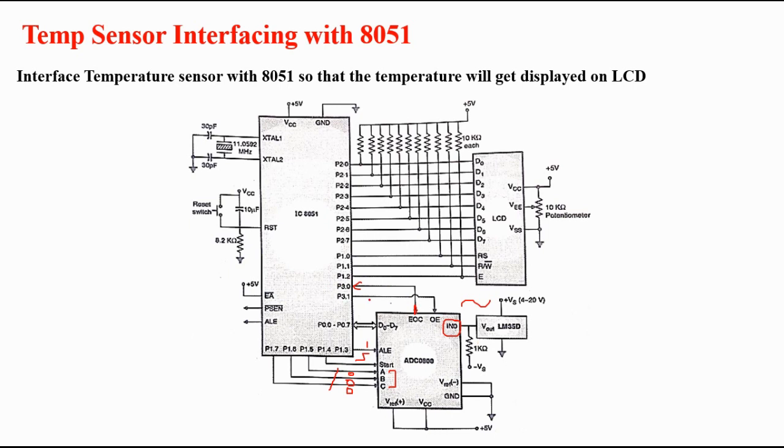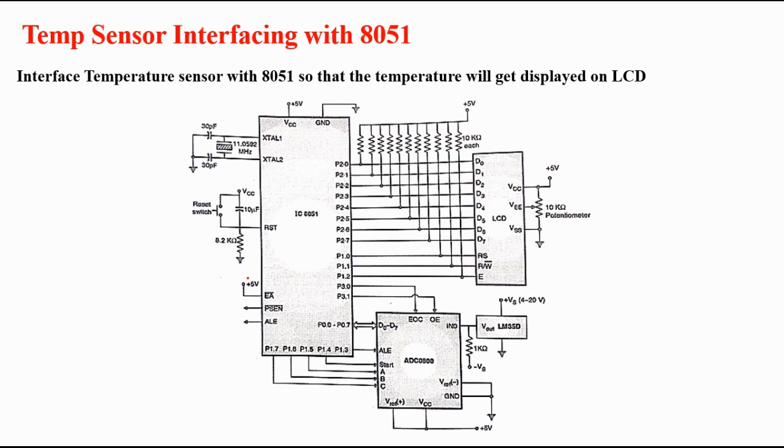After this, the microcontroller will again send a low to high signal to the OE pin. Now after receiving this OE signal, the data which is available at D0 to D7 will be taken in by the 8051. Now as per the program in 8051, this data will be taken, and then the program will send this data to the LCD display, and the temperature will be displayed using this LCD and the program. So this is the interfacing of our temperature sensor with our microcontroller, that is 8051.